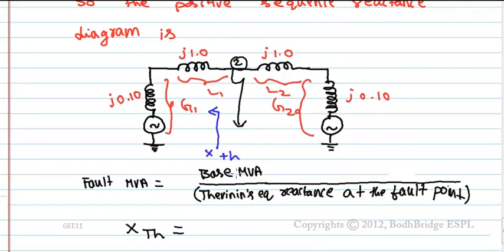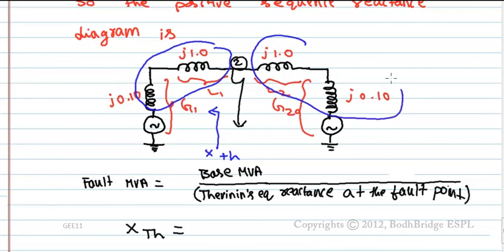X Thevenin is the series combination of these two in parallel with the series combination of these two, because in Thevenin's equivalent voltage sources are shorted. So, Thevenin's equivalent reactance equals 1.1 in parallel with 1.1, that equals 1.1 by 2